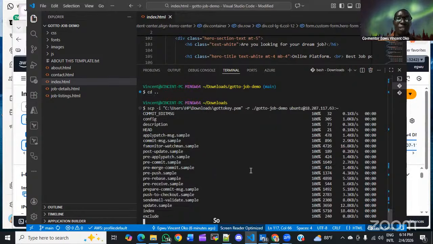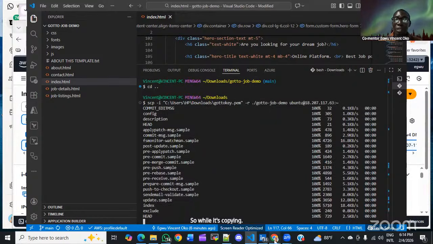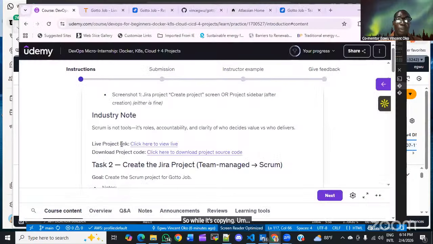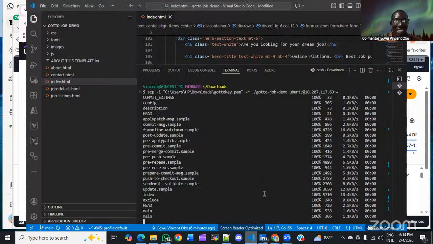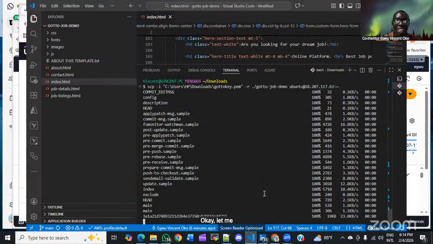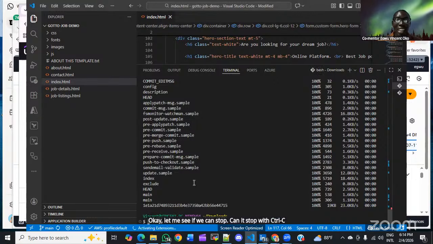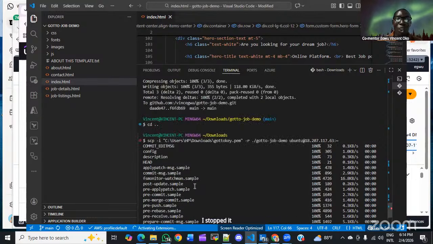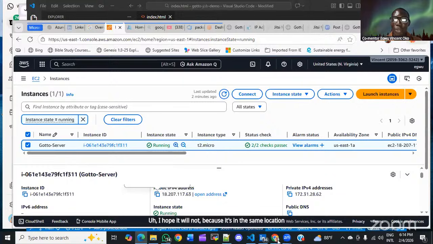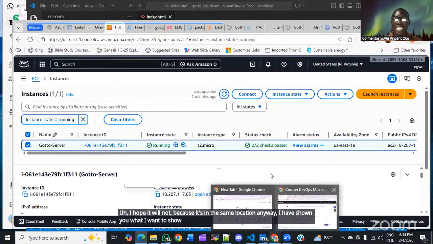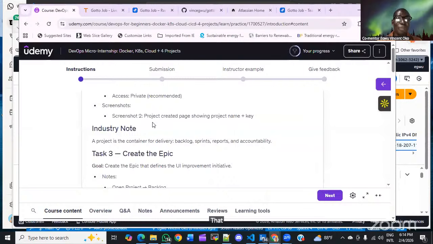So while it's copying, what did I want to show us again? We allow it. I should stop. Okay, let me see if we can stop. Can it stop with Control-C? Okay. I stopped it. I hope it will not corrupt the one I already have there, because it's in the same location. Anyway, I have shown you what I want to show you. You have already tested it. That is good. So moving forward,